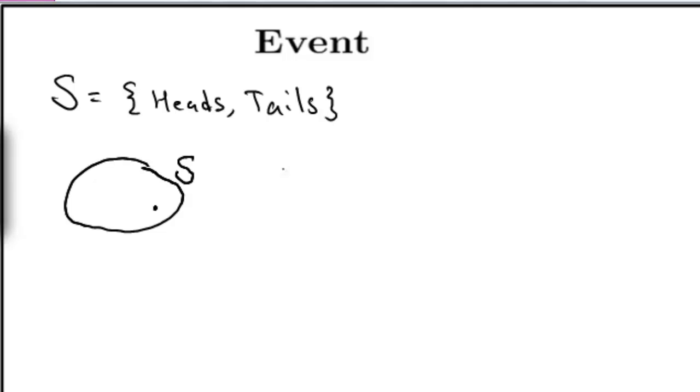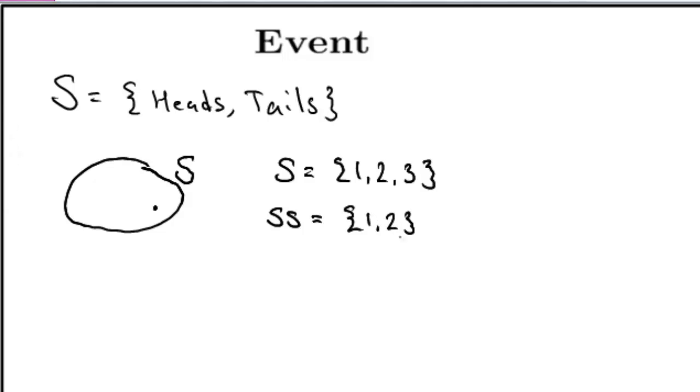For example, if I have a set consisting of the items 1, 2, and 3, then a subset of this set could be, for example, 1 and 2. The important thing here being that the subset cannot contain any elements which are not in the set S. We illustrate subsets graphically by drawing a smaller blob inside the big blob S. So this is my subset, for example,